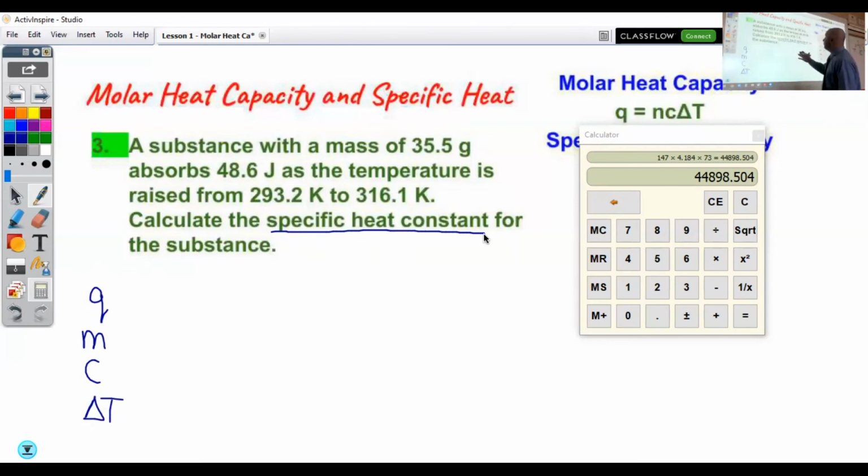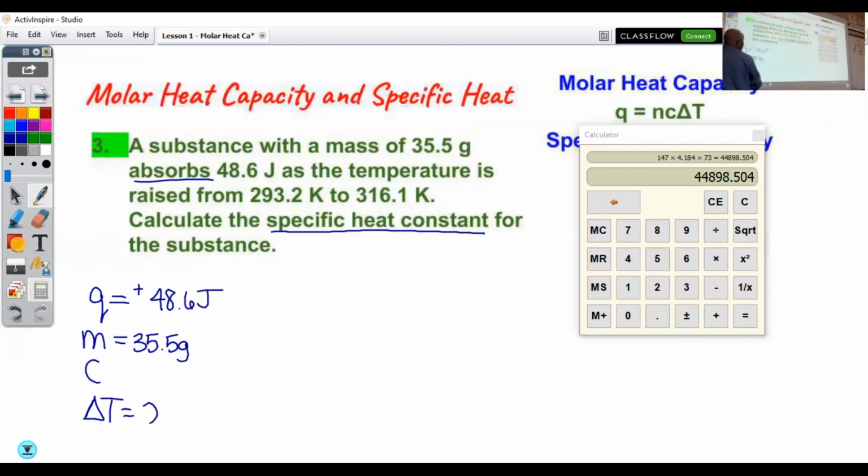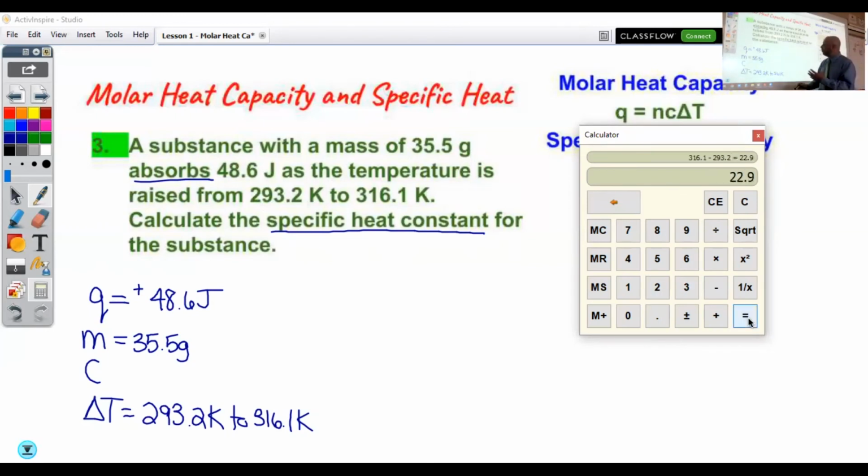Now, it says a substance with a mass of 35.5 grams, so we're given the mass right in the beginning of the problem, absorbs, so we know that Q is going to be a positive number, 48.6 joules of energy as the temperature goes from 293.2 Kelvin up to 316.1 Kelvin. So our change in temperature is going to be 316.1 minus 293.2, or a difference of 22.9